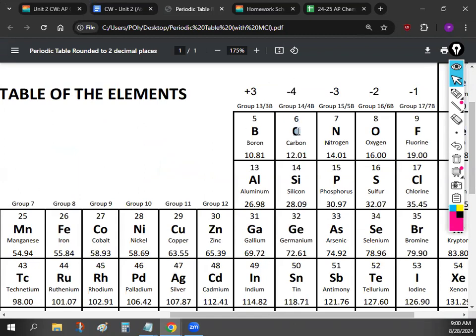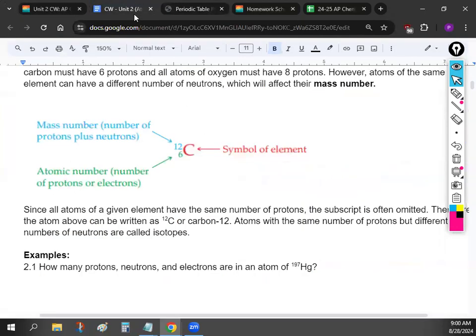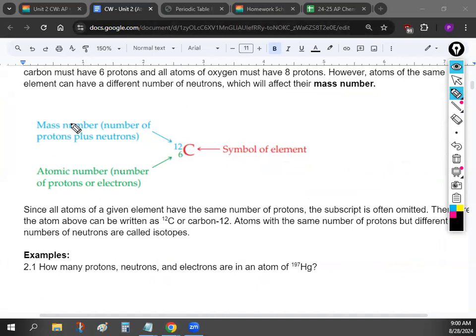Okay, so if we're talking about carbon, the number on the bottom left will always be 6. If we're talking about silicon, the number on the bottom left will always be 14. Aluminum, 13. It's just the number on top of the box, okay? Now, the number on the top left is the one that I want to spend a little time on. This is called the mass number, and this is going to be the number of protons plus the number of neutrons, okay? And this number right here is going to tell you what isotope, okay, or what type of element it's going to be,